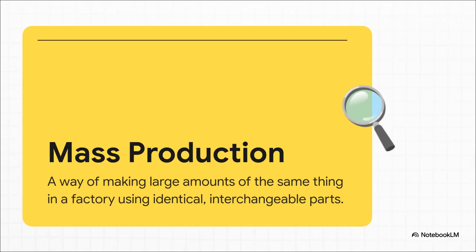And Whitney didn't stop there. He also came up with this brilliant idea of mass production. By making identical, interchangeable parts, in his case for guns, he created a system that would become the absolute foundation of modern industry. Think about it. If a part on your machine broke, you didn't need to custom make a new one. You just grabbed another identical one off the shelf. This was a total game changer.